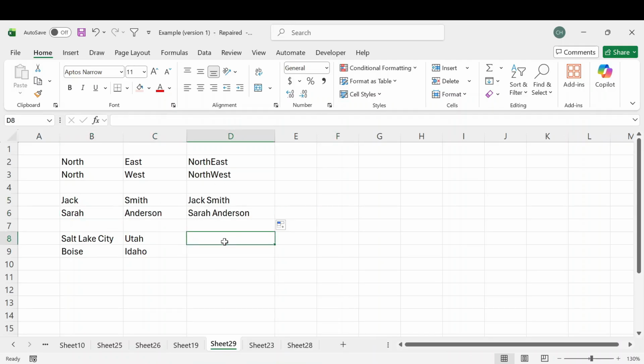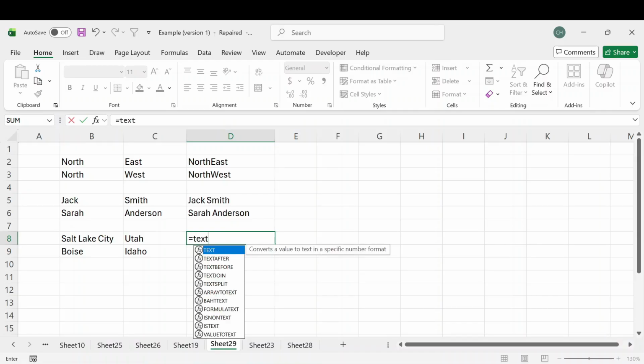Now, in this final example, we're going to use one last function. So we have Salt Lake City, and then in the next cell we have Utah. We want to join those together, saying Salt Lake City, comma, space, Utah. So a function we could use is the one we just used, the concatenate, or my favorite is the TEXTJOIN